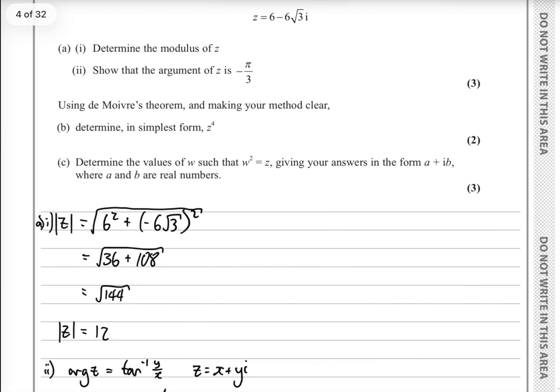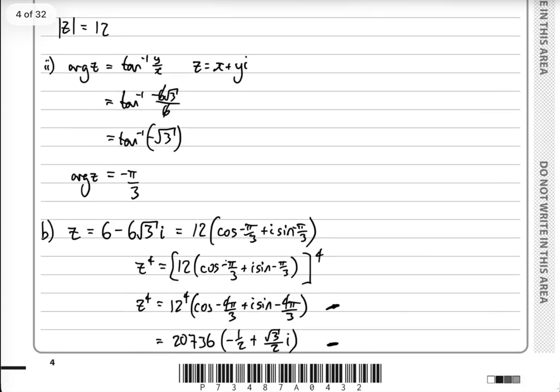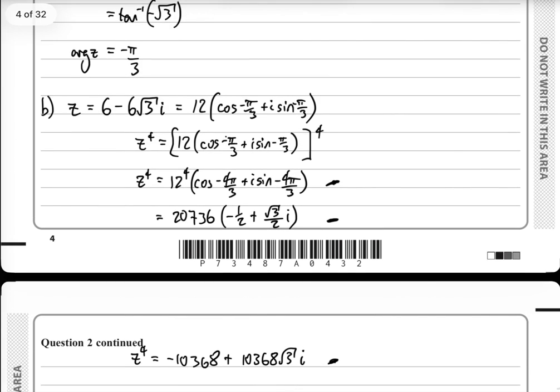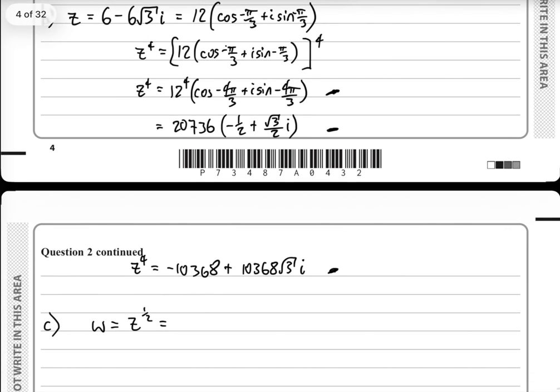Part C, determine the values of w such that w squared equals z. What I'm really going to do there is w equals z to the power half, giving your answer in the form a plus ib, where a and b are real numbers. So we're doing a very similar thing here. Z to the power of a half, I'm going to apply de Moivre's theorem again, but instead of power 4, power half. So we've got cos minus pi by 3, i sine minus pi by 3, and all of that